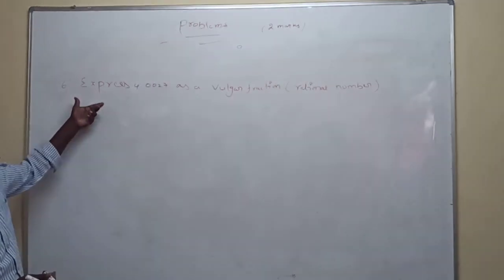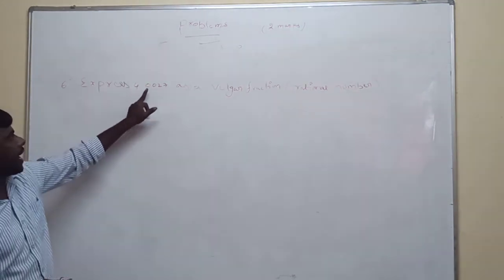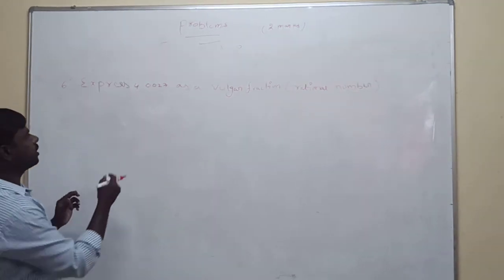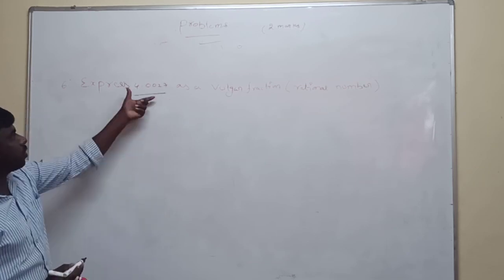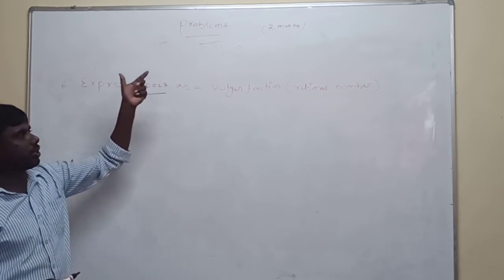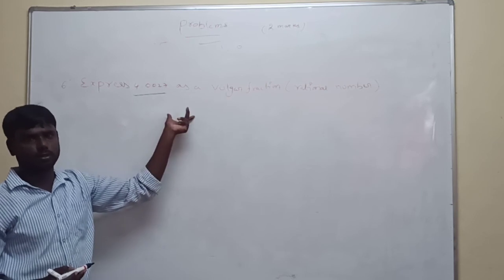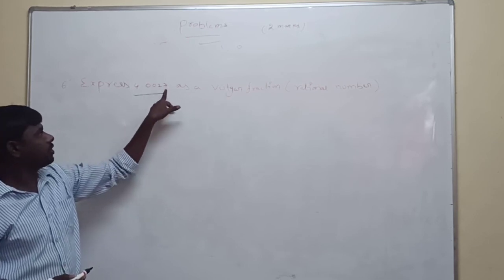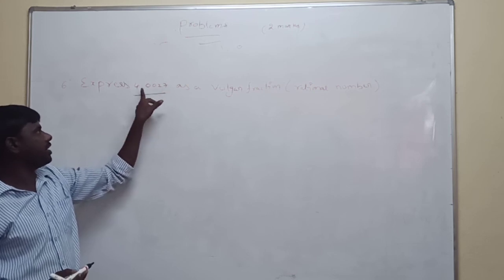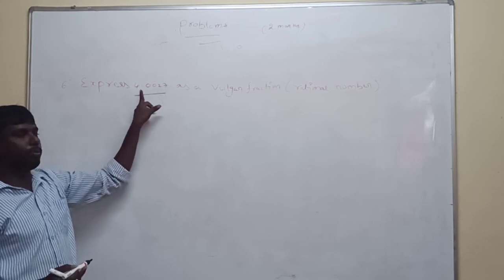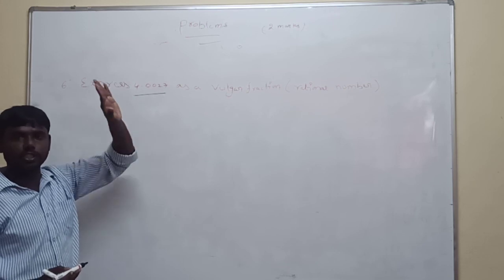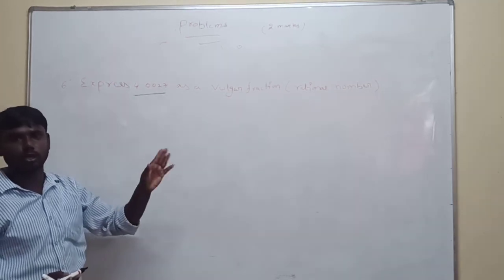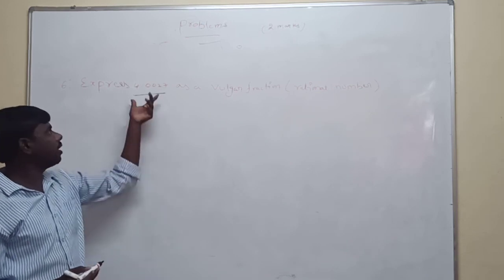And the last question is: express 4.0027 as a fraction. This question also, the decimal number is to be converted to a rational number. This also you should write. How many numbers after the point are there? 4 numbers after the point. So first take 1, after that mention the 4 zeros. 4 zeros means 10,000. So multiply with 10,000 and divide by 10,000, and you will get the answer.